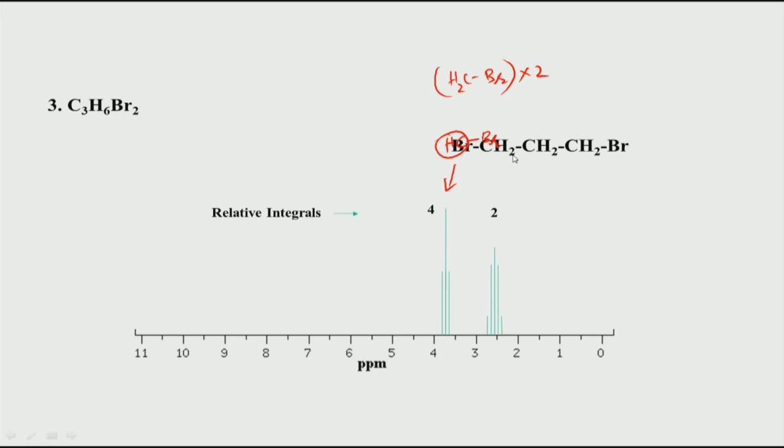Now, we are coming to here. These 2 and these 2 are equivalent, because there is a symmetry. If you draw an axis of symmetry which separates these 2, that means these 2 are equivalent. So, this CH2 is the same as this CH2. Therefore, you expect the same peak for both these hydrogens, and 2 plus 2 is 4, and therefore, the integral is 4. As far as J coupling is concerned, both of these hydrogens are coupled to this center CH2, the 2 hydrogens.